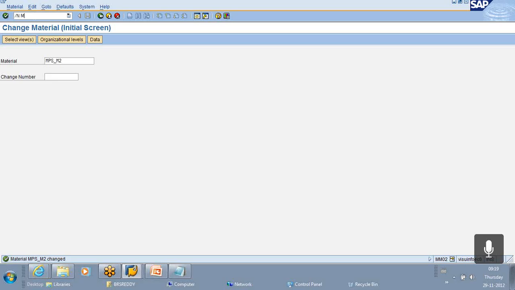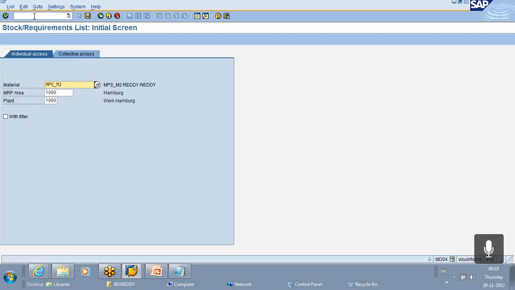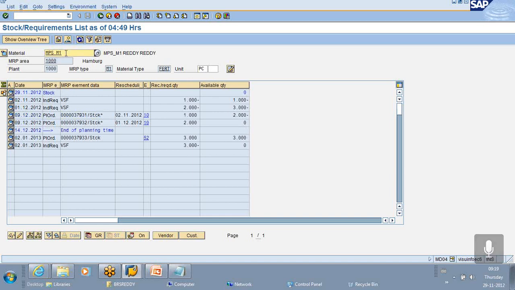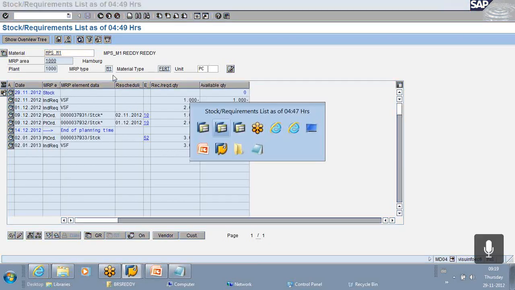Now see the effect of this one. Okay. Both the requirements are within this. Still planned order is in the MPS M2. In the case of MPS M1, see, MPS M1 is having one planned order or two planned orders within this planning time frames, right, Chandra? Yeah. And MPS M2,